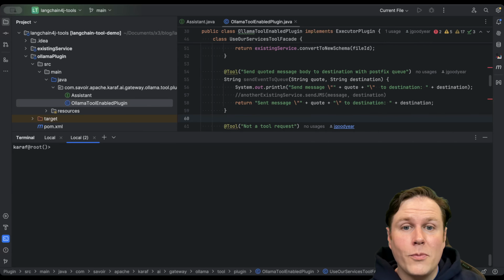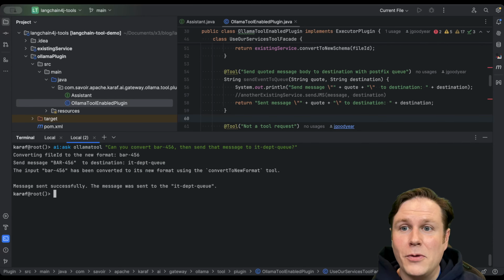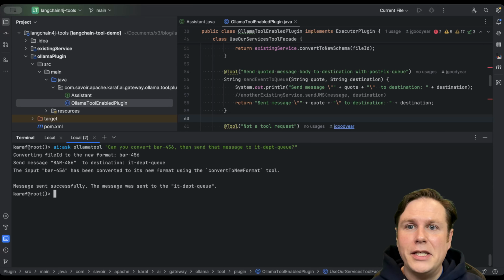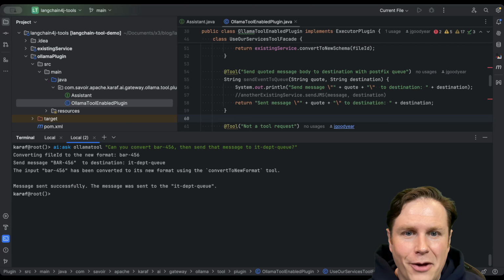I'd like to show one more quick demo here of the ability for the LLM to start even chaining these together. So say we're going to ask it, can you convert a file and then send that as a message to a particular queue? We'll see here when it runs, it notices, yep, let's convert this file ID to the new schema, and then we're going to send that updated one over to the provided destination, and then gives us back a bit of extra color about how this all worked, which is really, really cool,